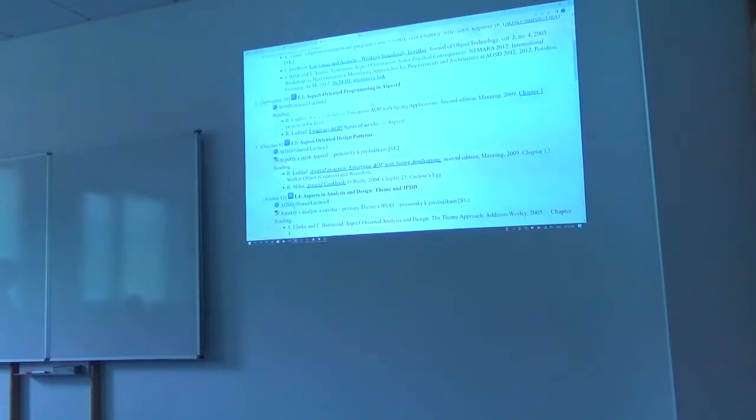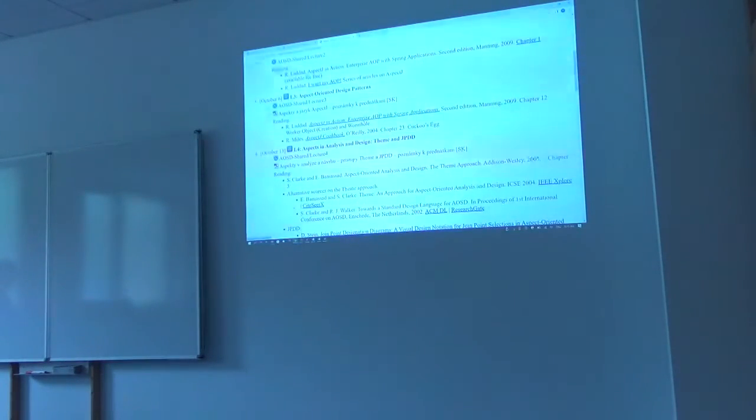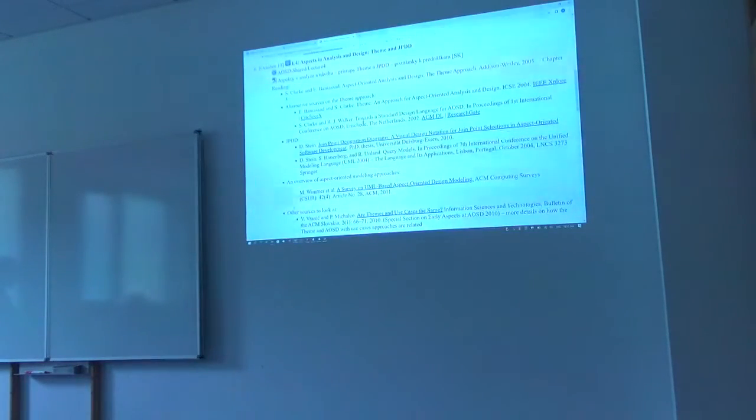Then we will have two lectures devoted practically fully to AspectJ, and this one will also mention some more advanced pointcuts. Not to use this word now. Some more advanced uses of AspectJ with respect to